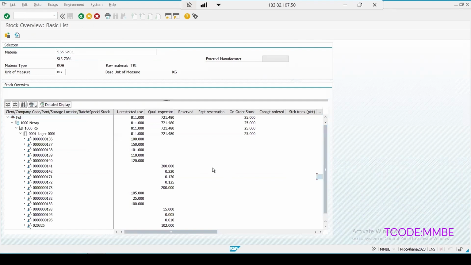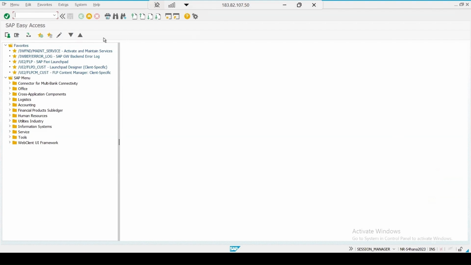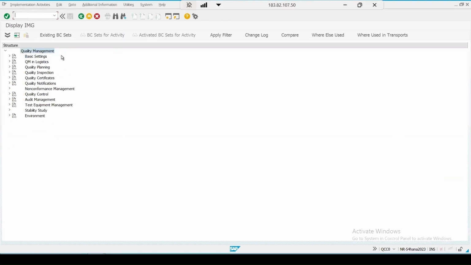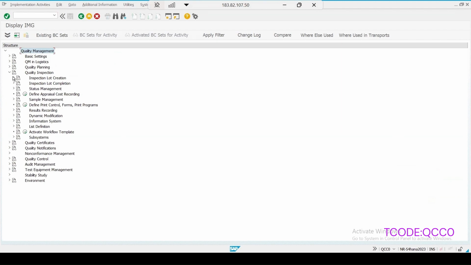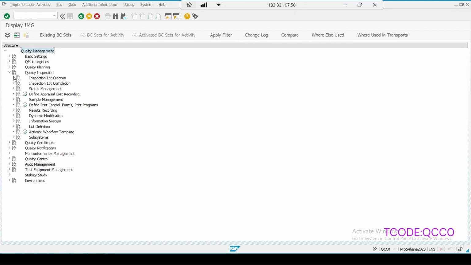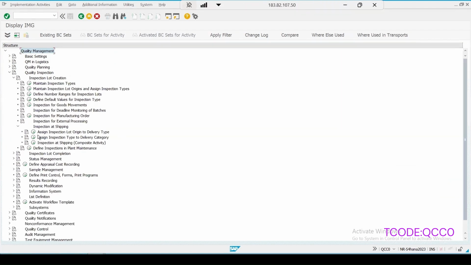You can see a lot of batches coming under the quality inspection. So if I don't want the inspection to be done, then we can make one configuration. Let me go to QCC0, press enter, and here in the quality inspection lot creation,